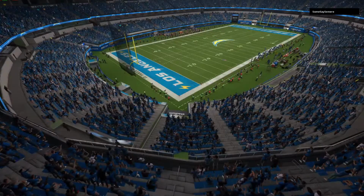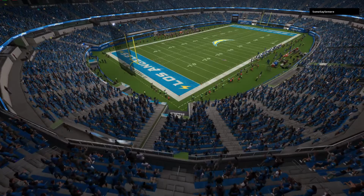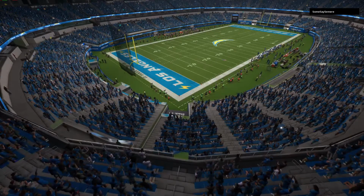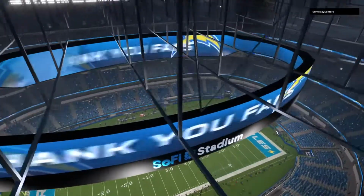So for the Browns, it was a great all-around performance as they come out of this one with the victory. And they will head home next week to take on the Pittsburgh Steelers. Meanwhile, for the Chargers,